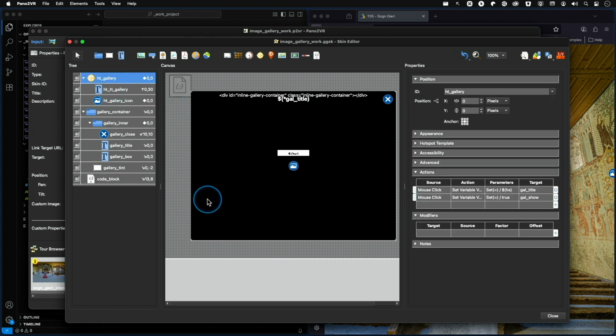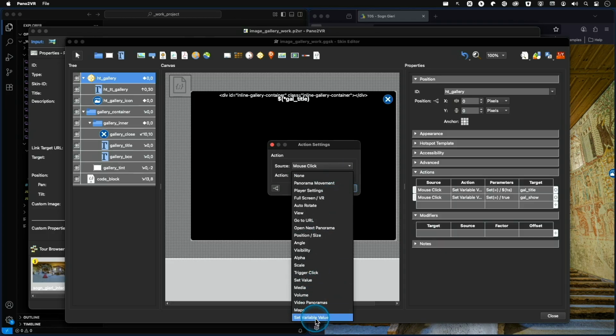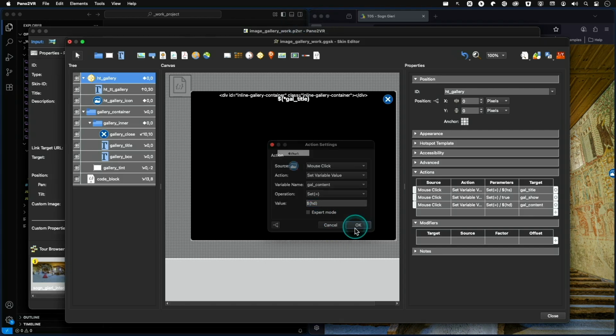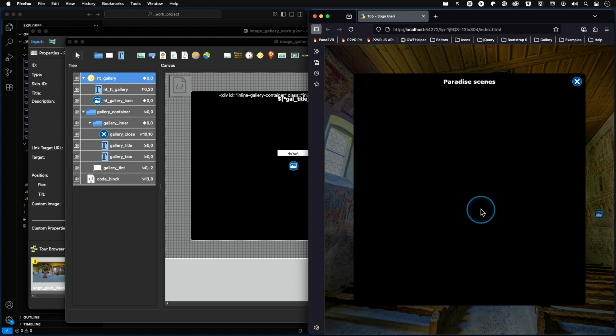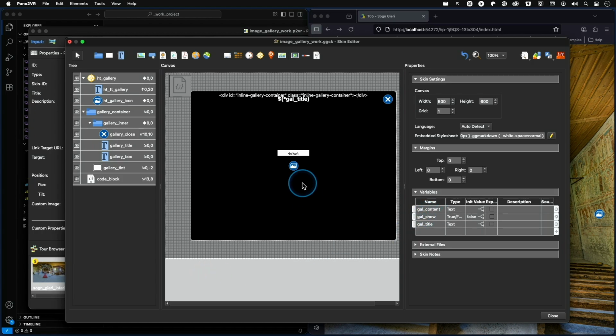So let's check the hotspot, the HD gallery hotspot template, and of course you guess it, we need a mouse click for it, and this mouse click should set a variable value. As it is the first one, it is also the right one, and now we need the value. Of course it is a dollar sign, and it is the HD for the hotspot description now. So we can test it. We had already a reload in the background, but of course you cannot see anything because this variable isn't displayed